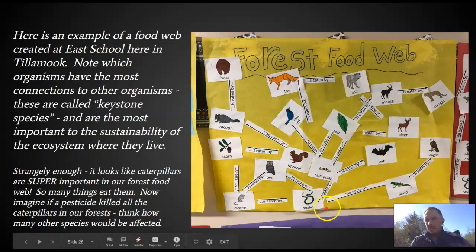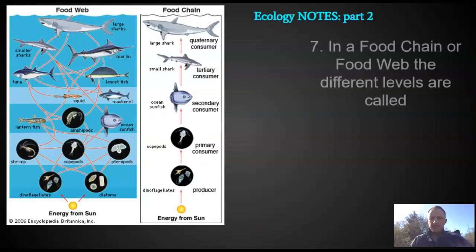But if you took out the caterpillar, look at how many things would fall off here, how many things depend on them. Things you don't even think about really being important, like a raccoon or a bear, rely on them. Even if you move on down the chain, you see that they intersect caterpillars somewhere along the way, and they're an important component of the ecosystem, what we call a keystone species.